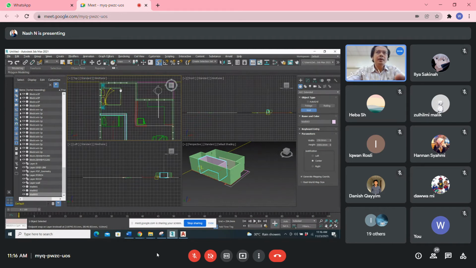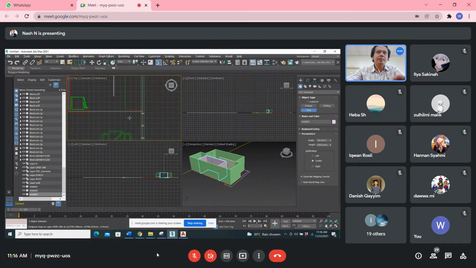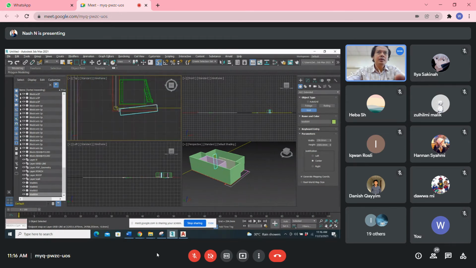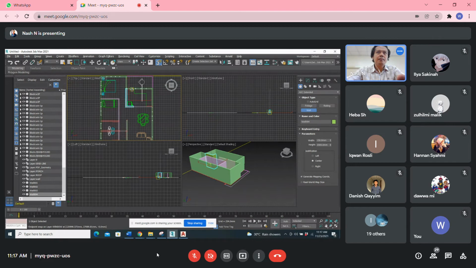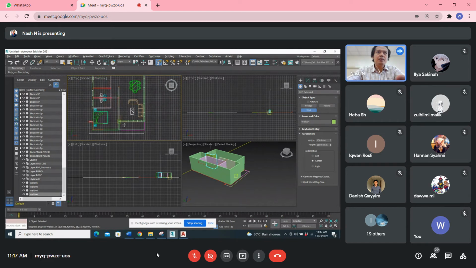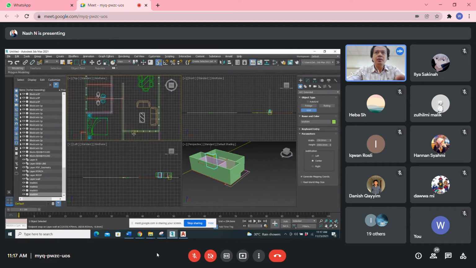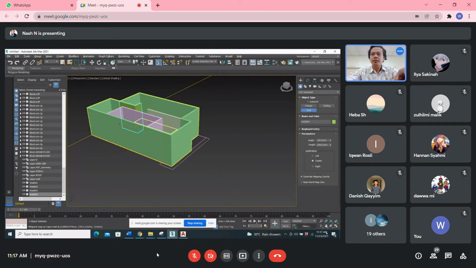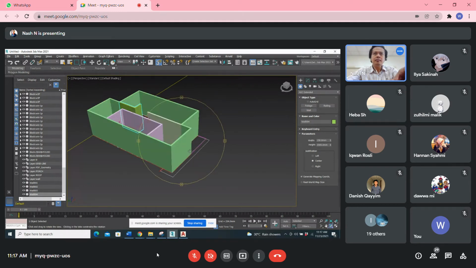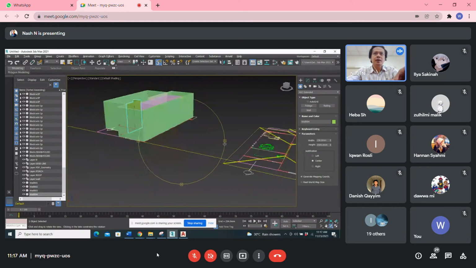Where else? Okay, this one is a wall from here to here. Escape. Okay, that's all. Finish. Wall. And then alternate W. Right? See? So that's the wall.